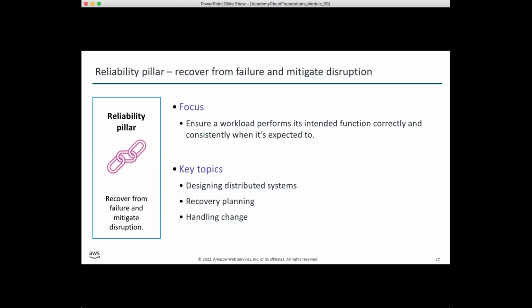Redundant resources. And depending on your business need, the job required to meet your business goals can also be distributed. Not only one component is doing the entire job. One is to have a replica, another is to divide, that's a distributed system. You can have multiple nodes which communicate with each other to achieve that goal. Recovery planning: if something goes wrong, how do you recover in a planned way so that the effect is as minimal as possible?